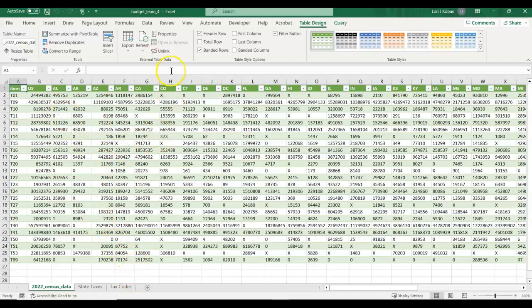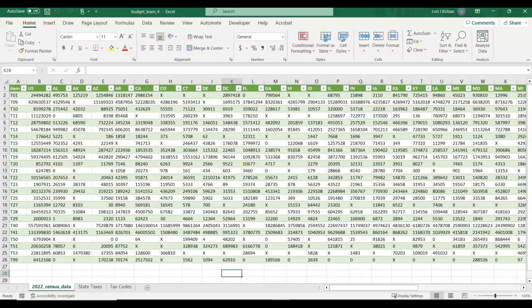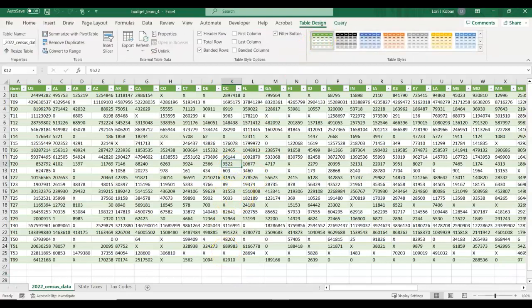So remember up here, there's a table design tab that pops up when you're in a table. If I click outside of the table, that button is gone. But when I click in the table, the design tab is there. I want to convert it back to just a range, not a table, just a range that doesn't have all the filters. So I'm going to convert to range,